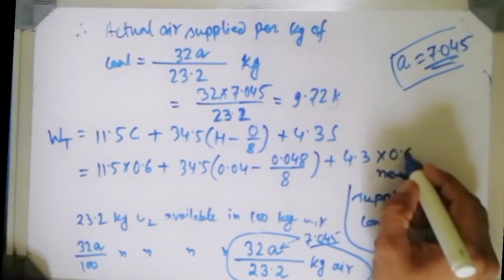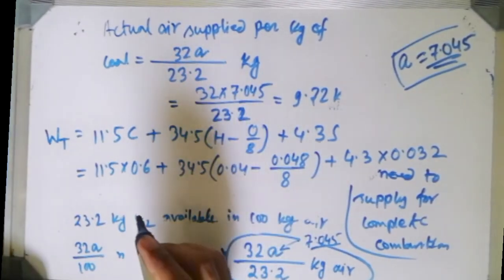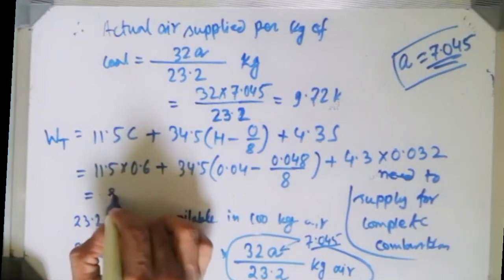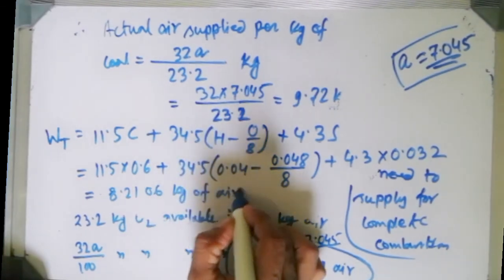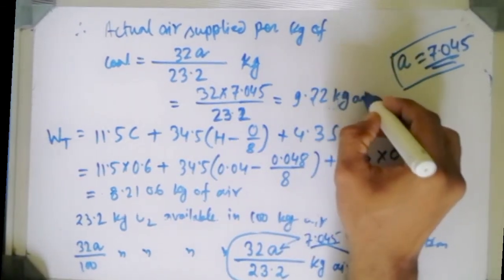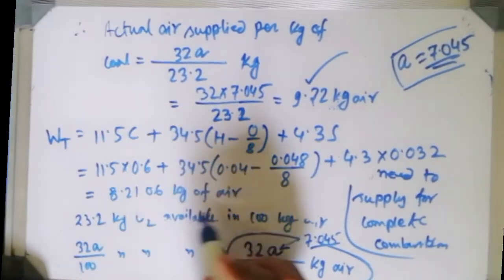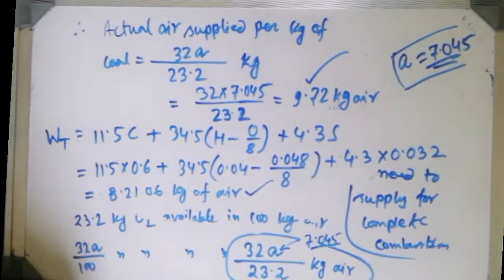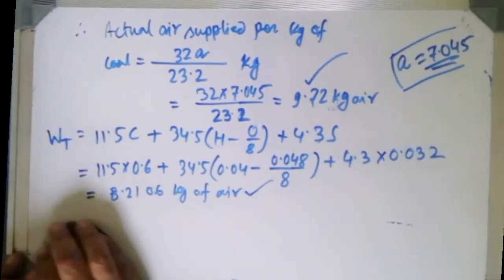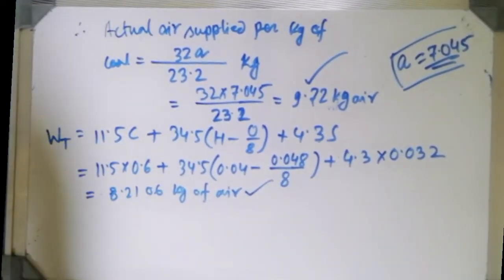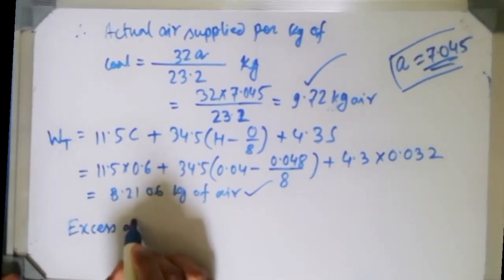You can see the value of actual amount of air, that is 9.72, and theoretical or minimum amount of air, that is 8.21. So from there obviously you can get what amount of excess air we supply here. What amount of excess air? So excess air, basically this thing is also asked in terms of percentage of excess air. So percentage of excess air can easily be found out. Suppose this expression I am writing by WA, A for actual.